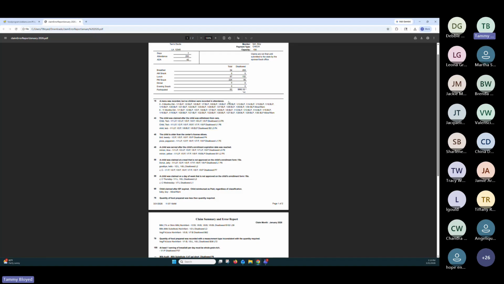A very common one we see is the menu recorded, but no children in attendance. This typically happens with infants or on holidays. So you're just copy and pasting your menu forward from month to month. And April 3rd is Good Friday, so it's a holiday.